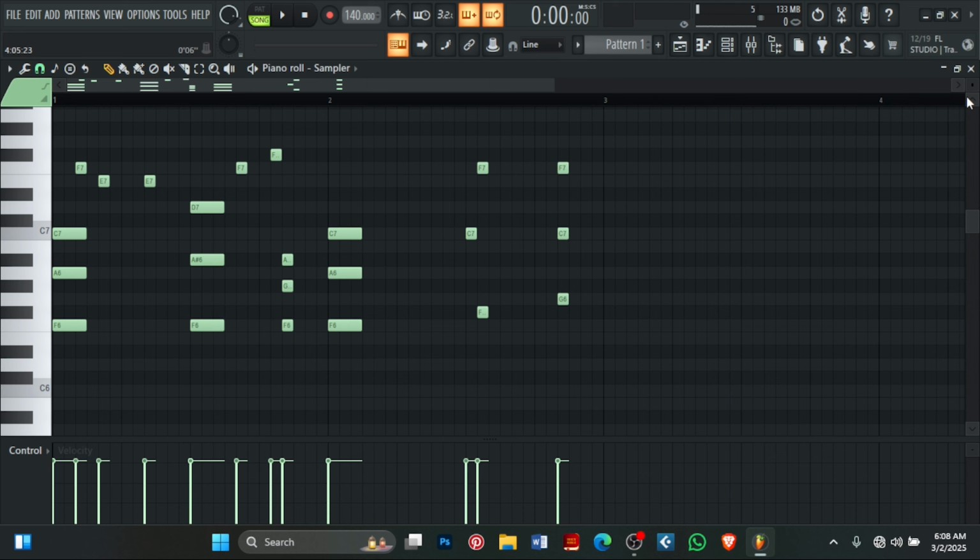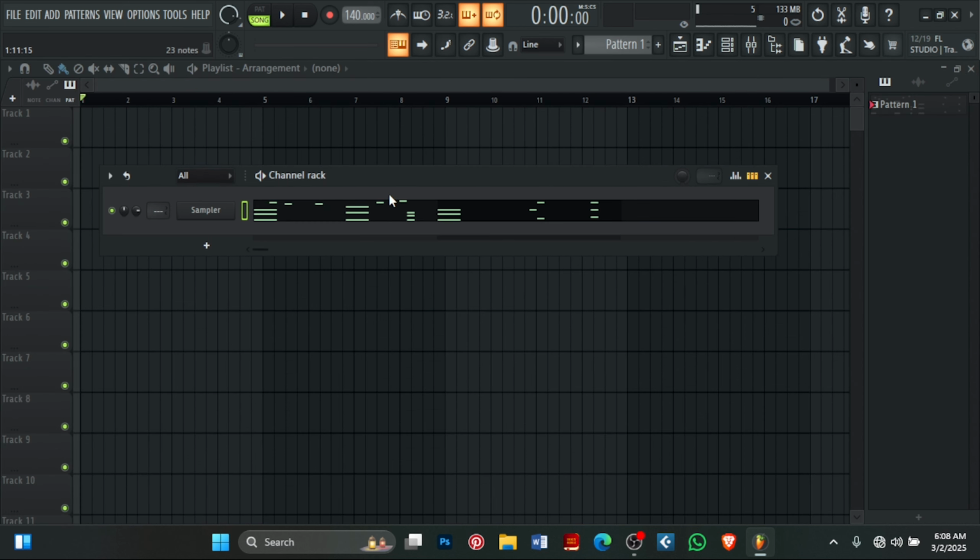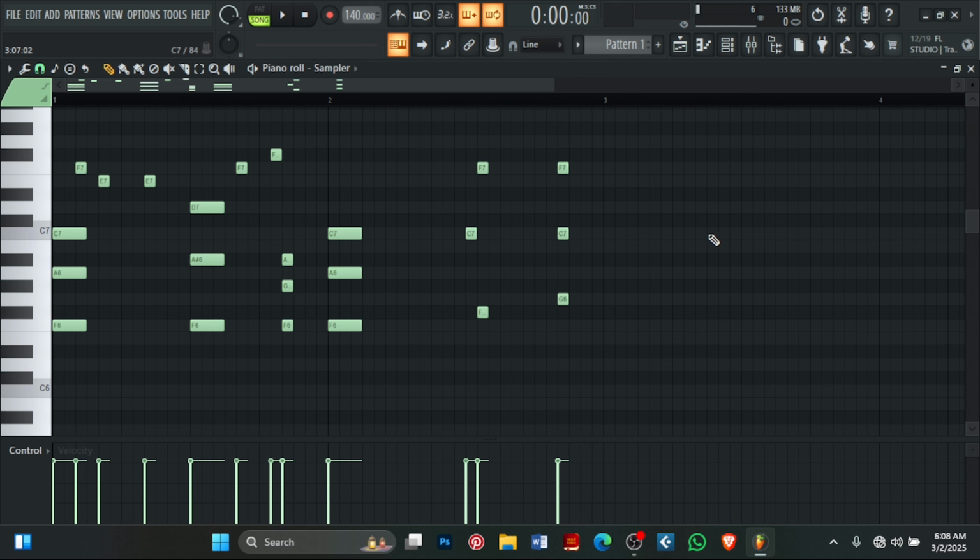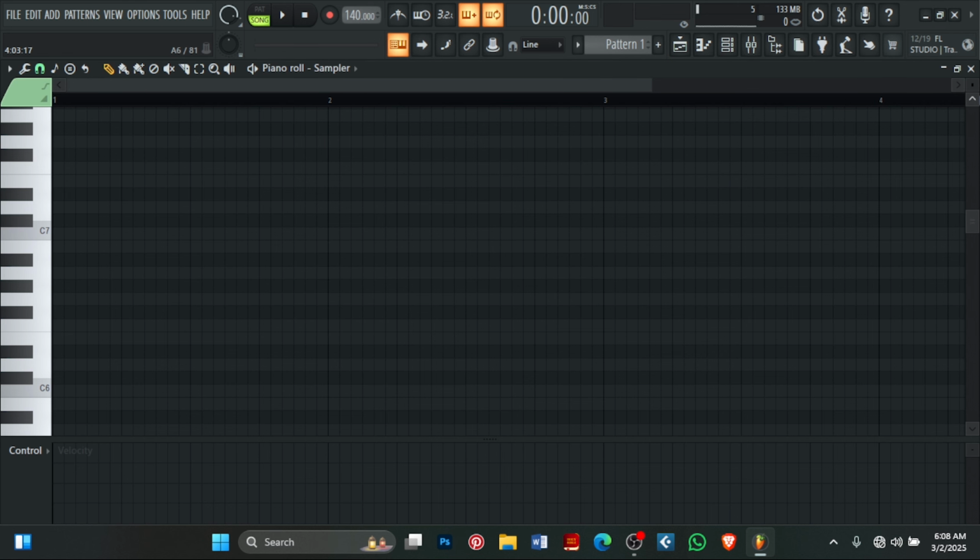It doesn't only work for the piano roll here, but it works for the playlist as well, depending on what you are doing. And also, with this option turned on, it also works for audio recordings as well. Okay, so mind you. All right, so that's it. Let me just leave that,